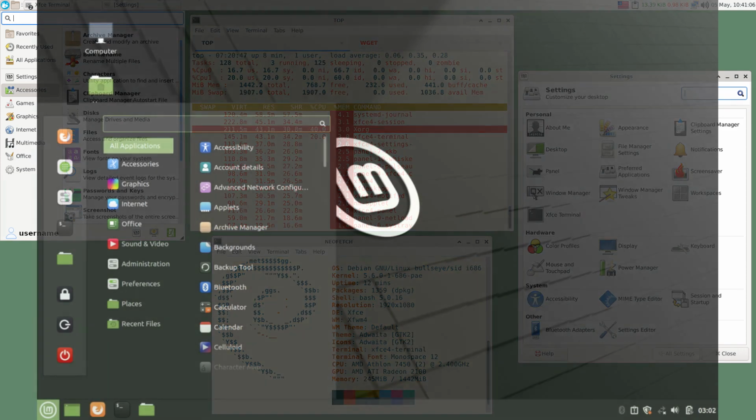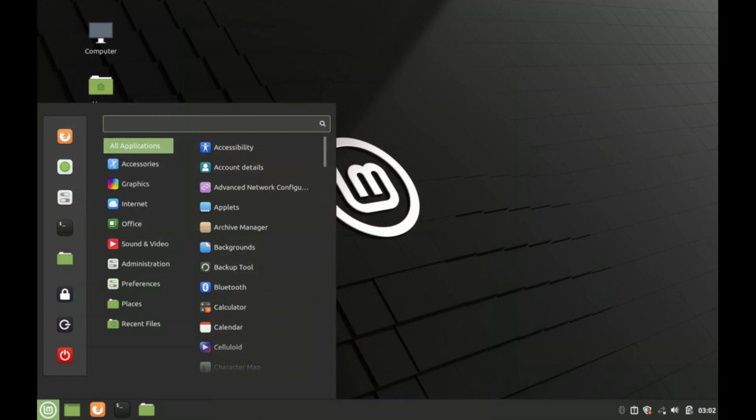Now we'll take a look at Cinnamon. Cinnamon is a free and open-source desktop environment for Linux and Unix-like operating systems, deriving from GNOME 3 but following traditional desktop metaphor conventions. The development of Cinnamon began by the Linux Mint team as a reaction to the April 2011 release of GNOME 3, in which the conventional desktop metaphor of GNOME 2 was abandoned in favor of GNOME Shell. Following several attempts to extend GNOME 3 such that it would suit the Linux Mint design goals, the Mint developers forked several GNOME 3 components to build an independent desktop environment.